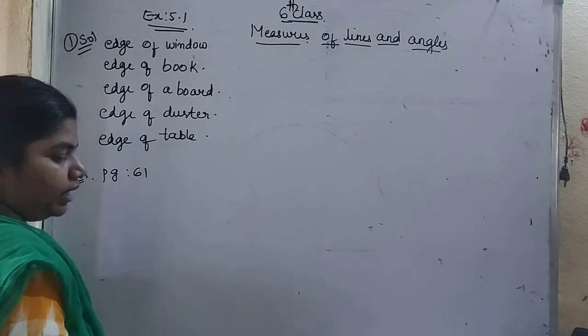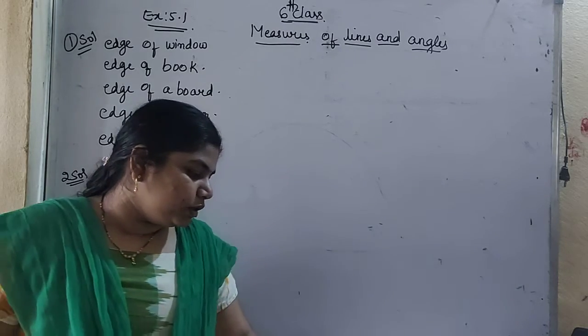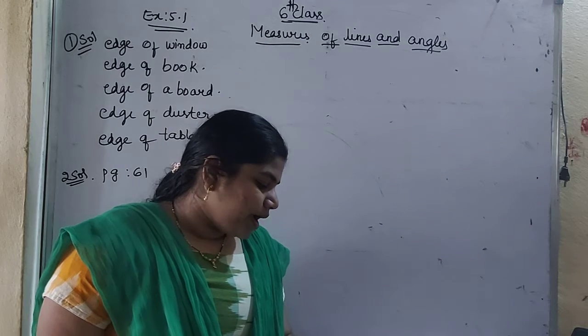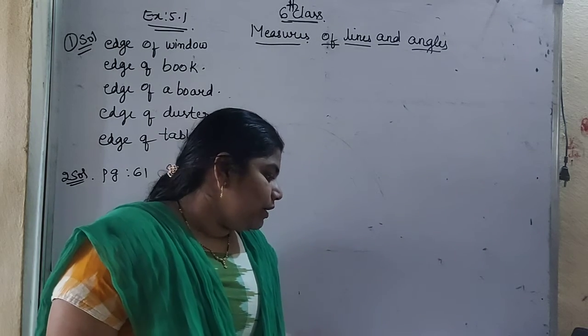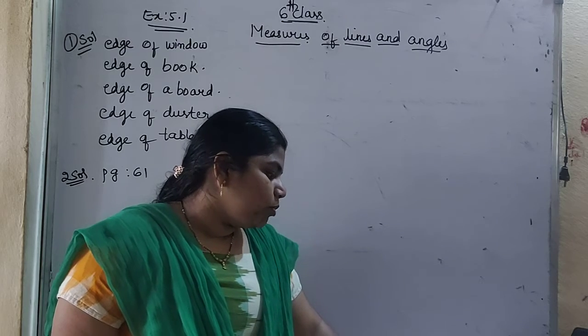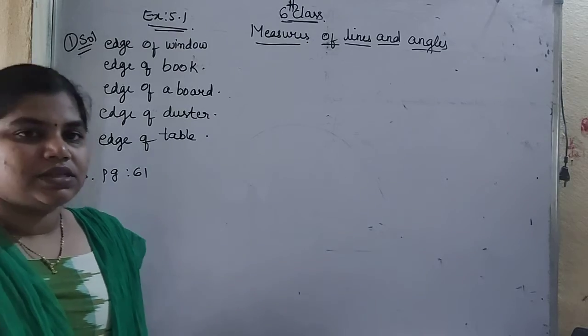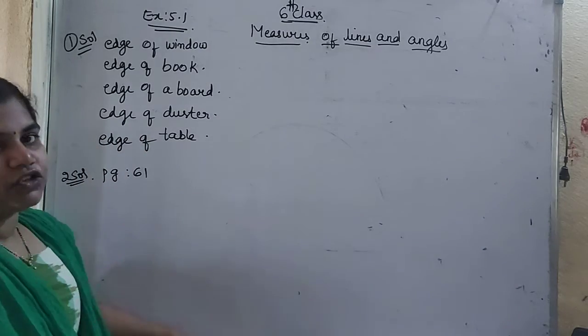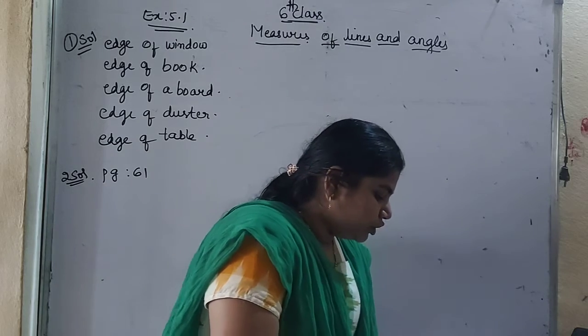So the eye should be correctly positioned as shown in the figure, just vertically above the mark of both points. Otherwise there may be an error due to angular viewing. And to avoid this problem, a better way is to use divider than ruler. We have to write this answer. Page number 61. At last you are having the answer, second one. Okay, next one is third question.